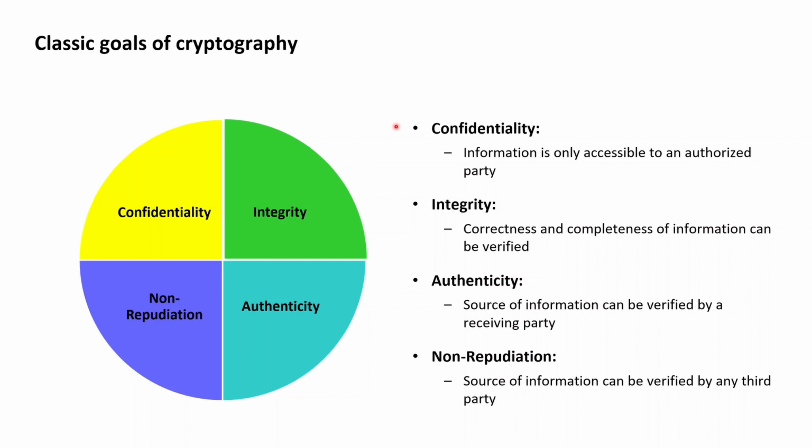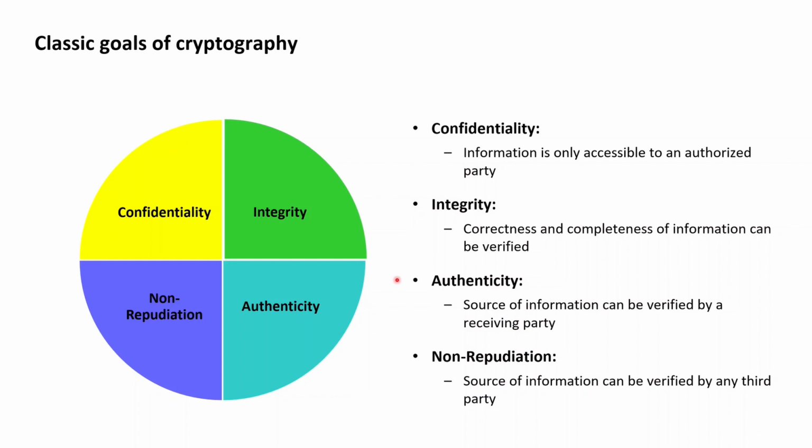Confidentiality is the security goal demanding that information in a system is only accessible to an authorized party. Integrity is the security goal demanding that the correctness and completeness of information can be verified. Authenticity as a security goal demands that in a system with authenticity, the source of information can always be verified